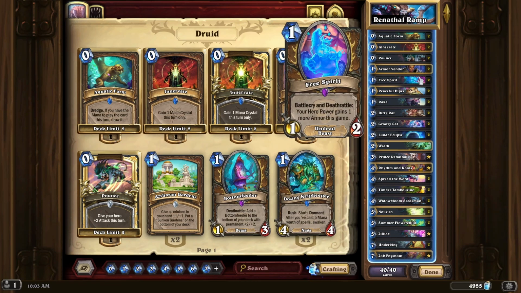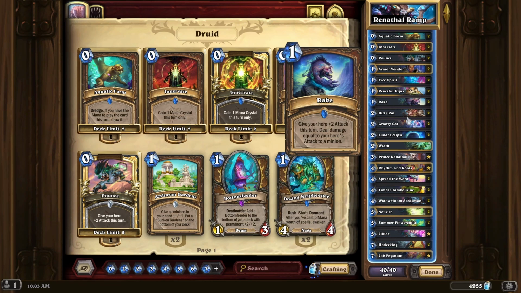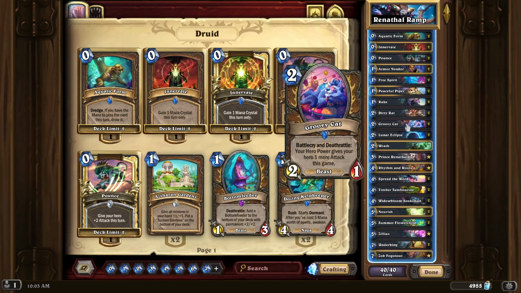The deck is Renethal Ramp Druid. I am a hero power Druid. I believe every Druid basically should be running this package, because it's just an endgame win condition at the cost of 6 cards, and there are also early game curve minions that can help you there a little bit. For 6 cards, you get a hero power that essentially reads play shield block, draw fireball, cast fireball, which is